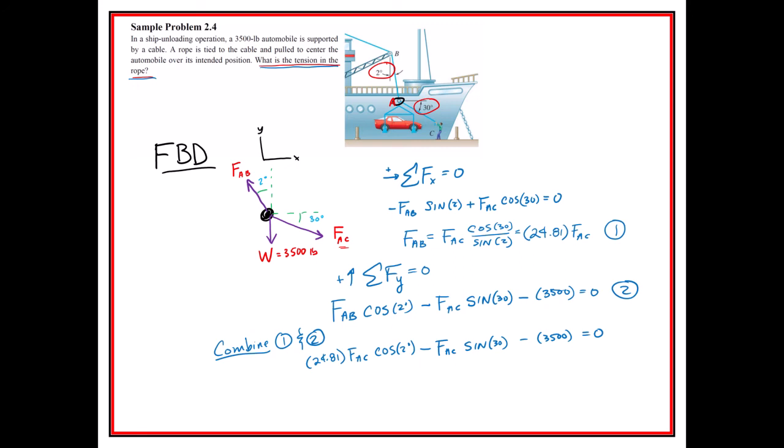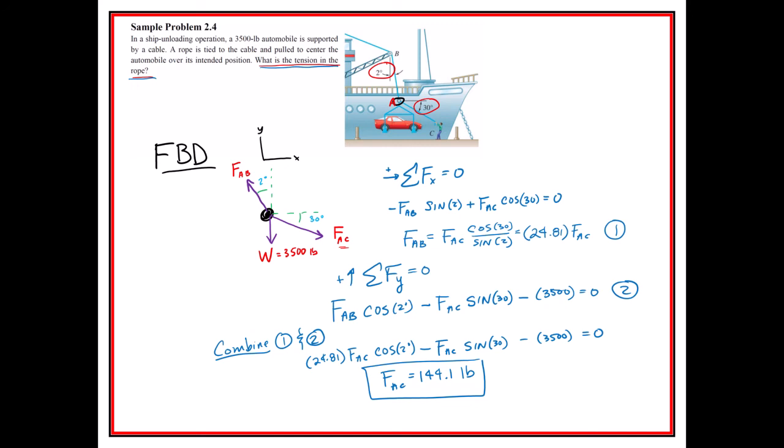And then I also have negative sine of 30. So I take the sine of 30, and now that's going to be subtracted from there. That 3,500 goes on the other side. So I'm dividing it out, and what I end up finding is that FAC is equal to 144.1 pounds. And that's my answer. So I need to fix this right here. Write the cosine of 2 degrees in, and come up with this